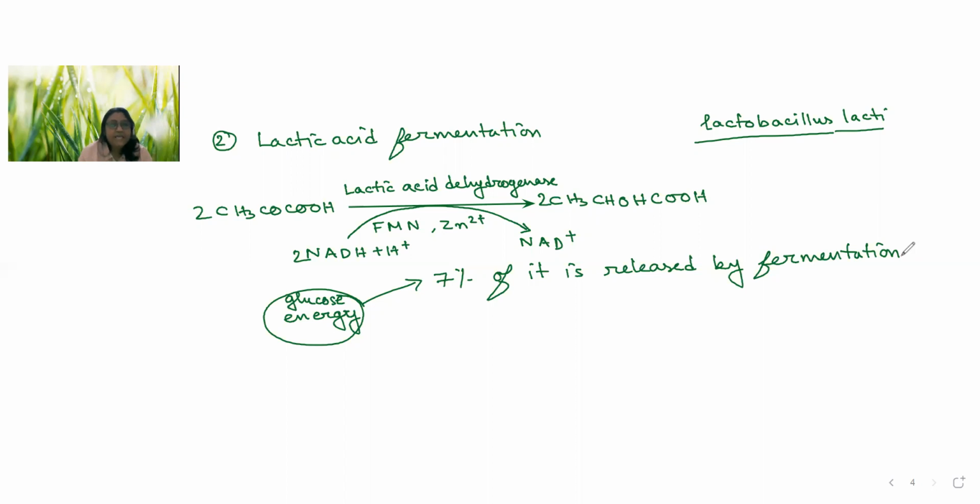The question is then why they are going for this process. Tell me. Why do you think these organisms go for this process if there is no profit? Ma'am, because if there is no oxygen, then no glucose will be broken down and there will be no energy at all, and at least 2 ATP are still being produced.